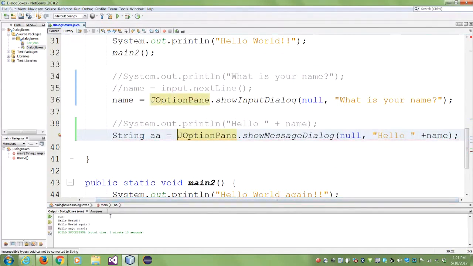See, I have an error. It says, how are you assigning it to a string variable? This method does not return a value. So that's what it means. If the return type is void, you cannot assign it to a variable. On the other hand,